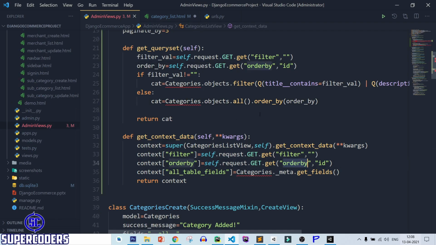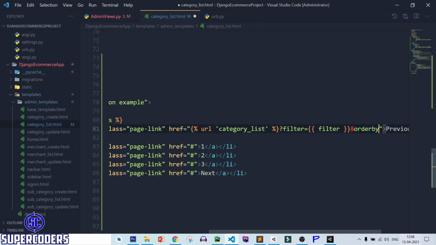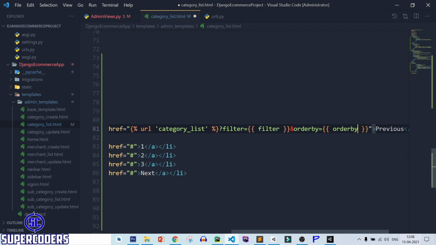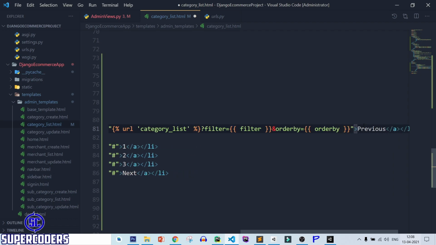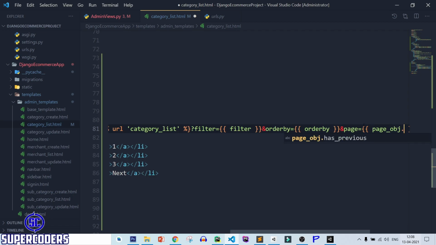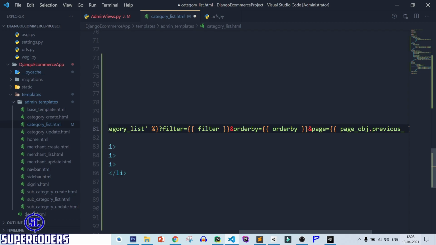Order by, copy it, order by equal to order by, and page equal to page_obj dot previous page number. Save it,